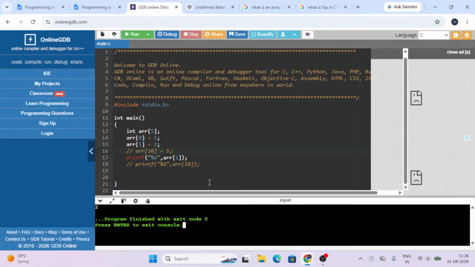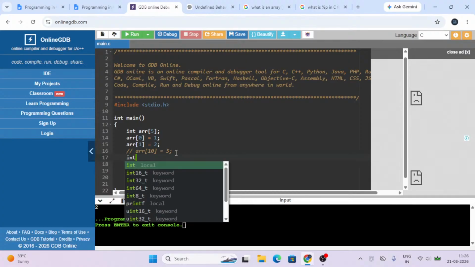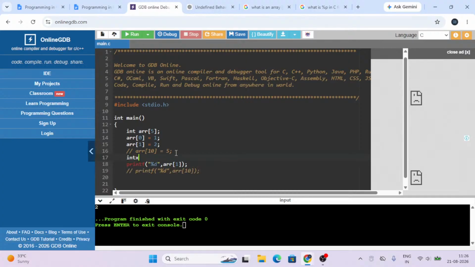In olden days, this cache is given. So when I say array[10] is equal to 5, it will go to the starting address plus 10 into int size 4. It will go to that address and write 5. That may be usable by some other variable in this code. So if I say int x is there, and int x is using the same address as array[10],